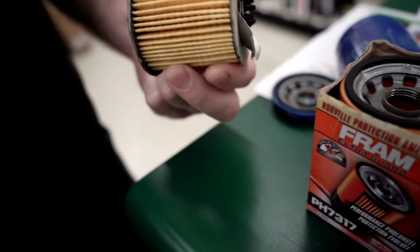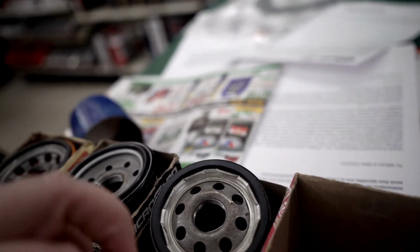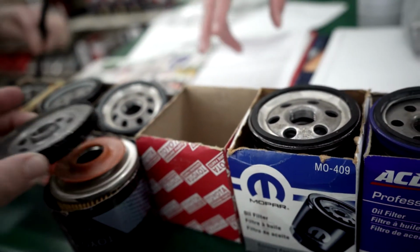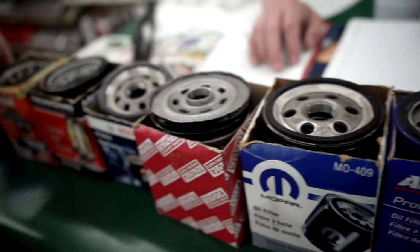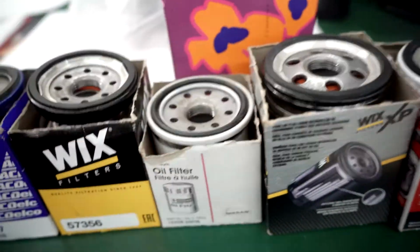It's cheap. It's like one of the most boo-boo. But the bad thing about opening like a Mopar, ACDelco, or Toyota is you can open that and 4 years later, you look completely different. So they're gonna just sell to whoever gives them the best bang for the buck. Like Wix makes